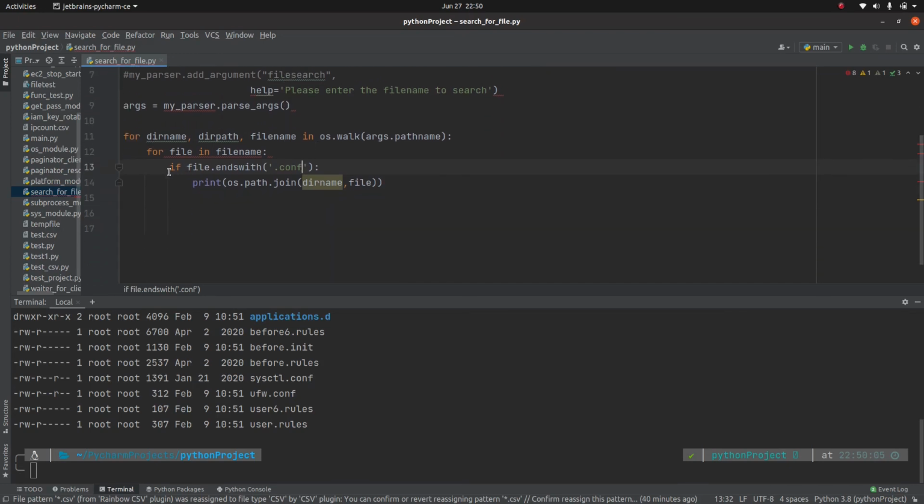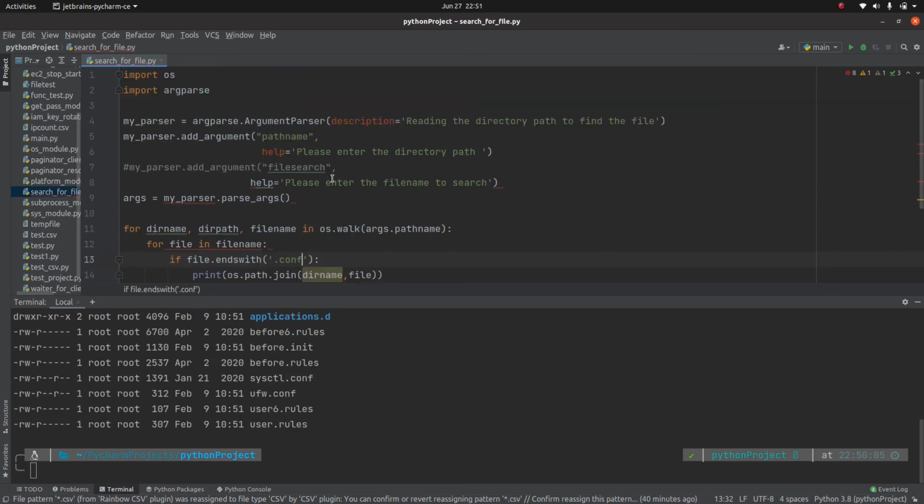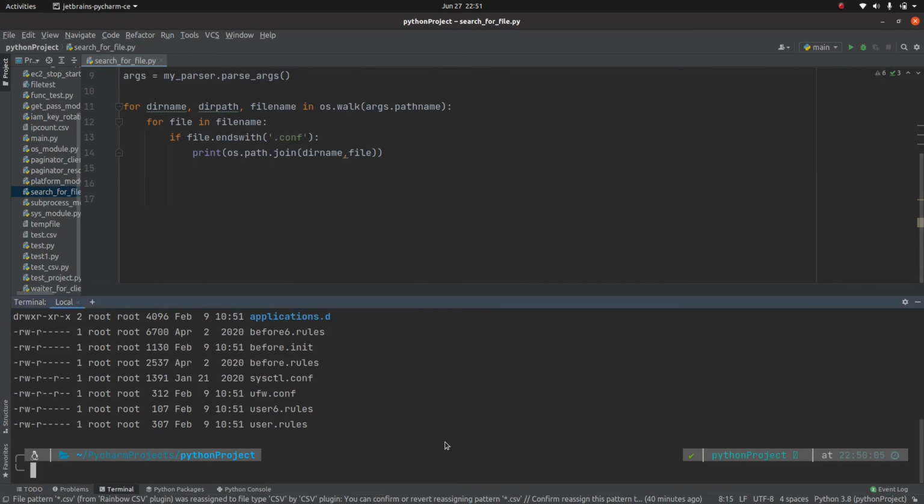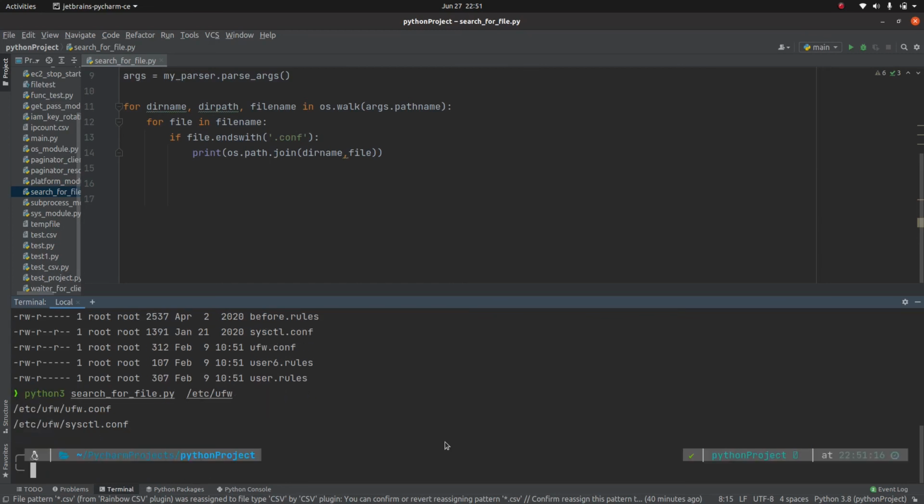Okay. Basically my if condition is we are looking for any file which ends with .conf. Okay, and I need to comment out this line too. Now re-execute our script. This time I'm giving etc ufw, and as you can see inside this ufw we have two configuration files which end with .conf.